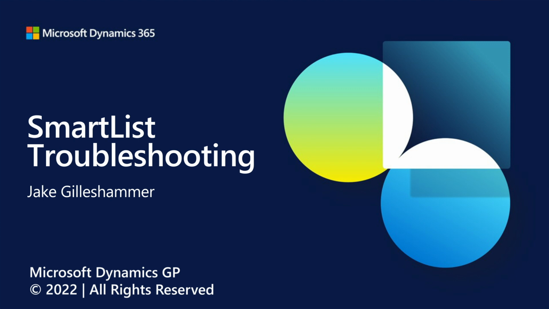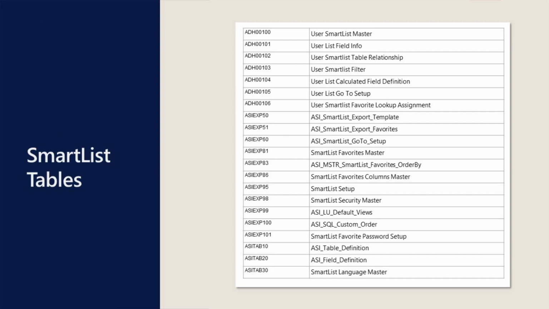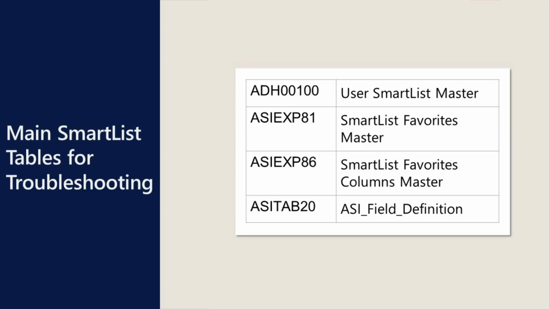In this video we will cover some of the main tables that you'll be using as well as some common errors that we normally see in our system support cases. Here we can see a list of all the SmartList tables. Not all of them will come into play during normal troubleshooting, but as you can see there are quite a few. The main SmartList tables that we'll be focusing on in this video are the